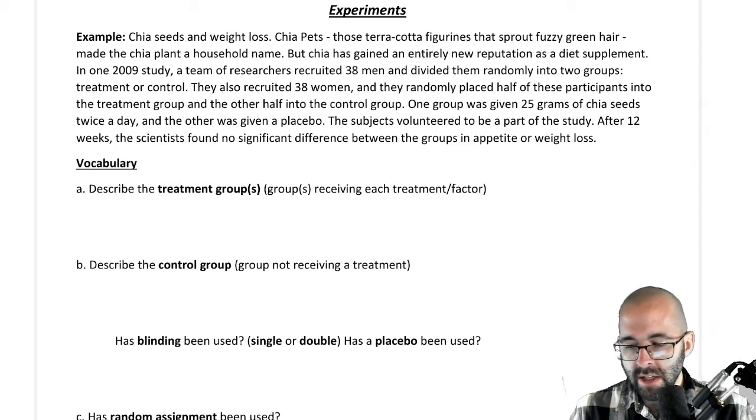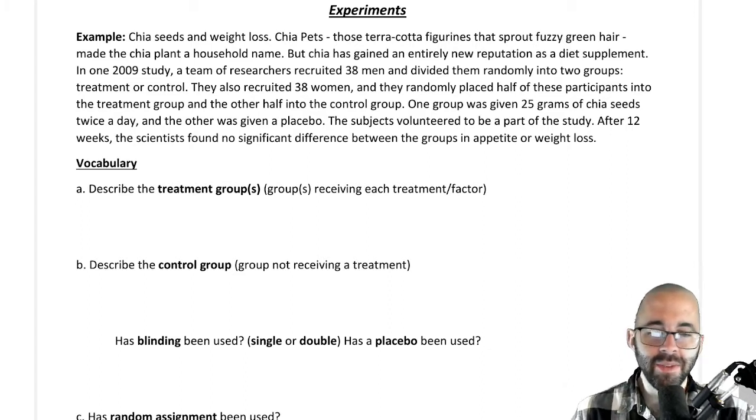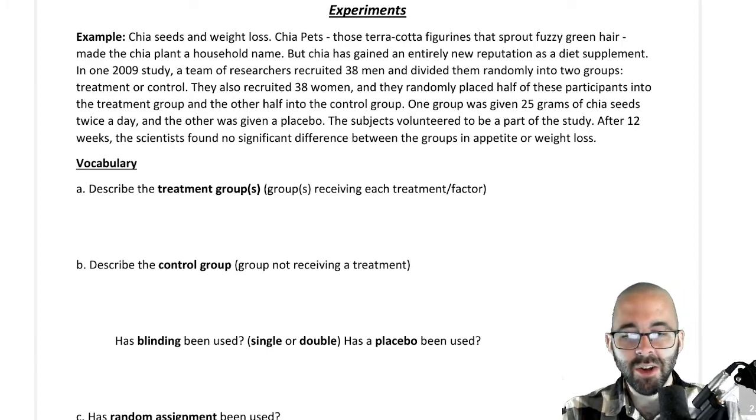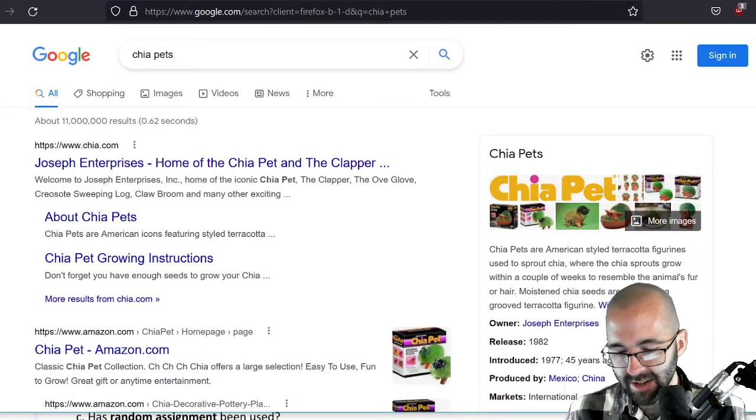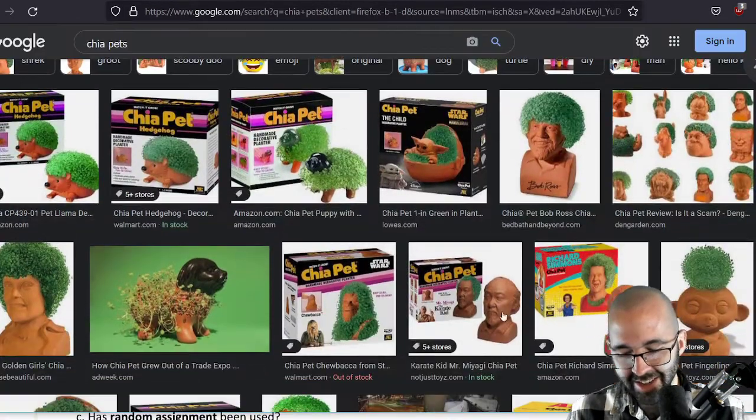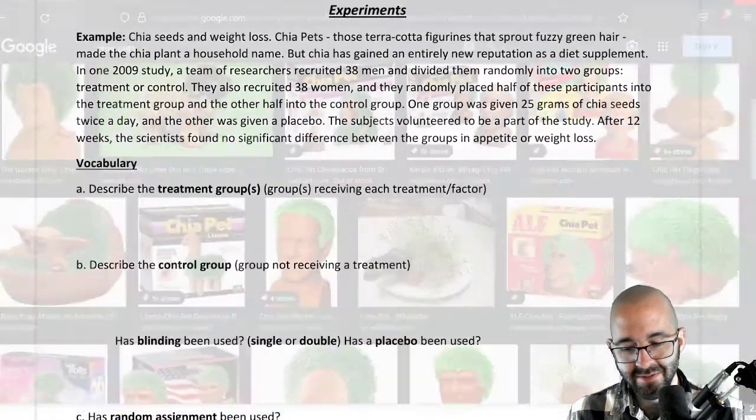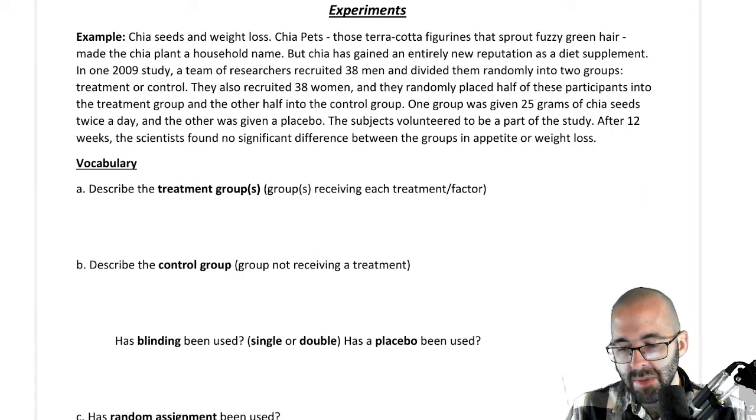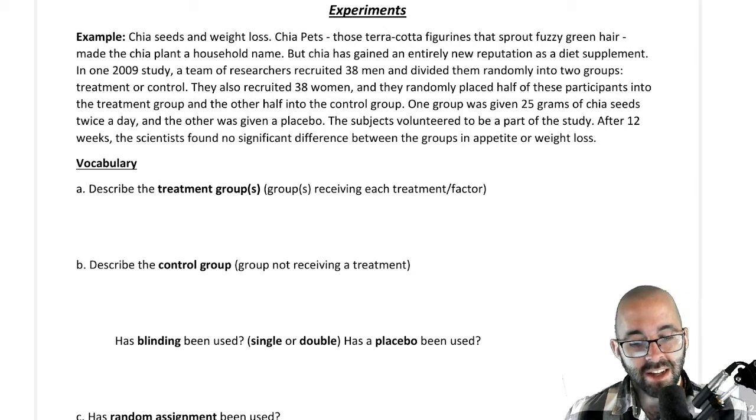So, chia seeds and weight loss. If you don't know, chia pets are those terracotta figurines that sprout fuzzy green hair. Let's pull one up, right? Why not? What could go wrong if I just pull one up right now? Chia pets are these things. Okay, Bob Ross right there. Yeah, random Google search. This could never go wrong. Okay, these are chia pets. And they made the chia plant a household name,